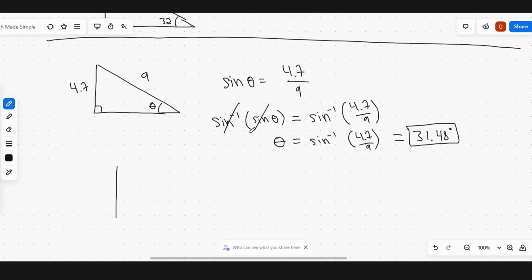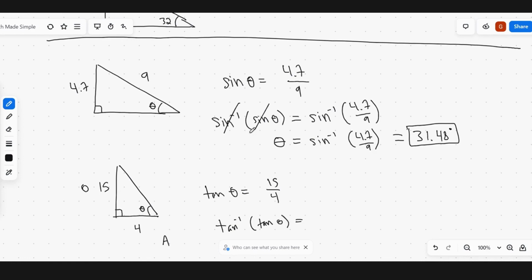One last example here. We're given an angle theta that we're solving for. One leg is 4, the other leg is 15. Here we're going to use tangent because we have an opposite and an adjacent. So tangent of theta is equal to 15 over 4. Again, that's as simple as we can get it with just regular algebra. But if we use our inverse trig function of inverse tangent